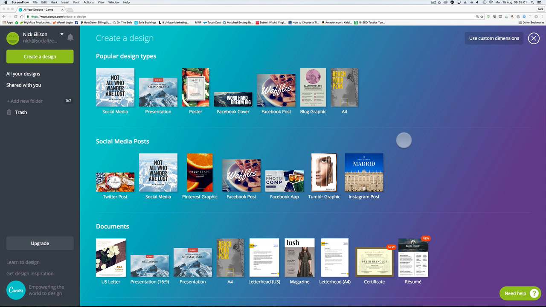I've just uploaded a couple of screenshots just to save upload time, but head over to canva.com and look for this big green button called Create a Design, and that'll take you to this page here. Now the important bit is to set up your document the right size first of all. So use custom dimensions, top right hand side,